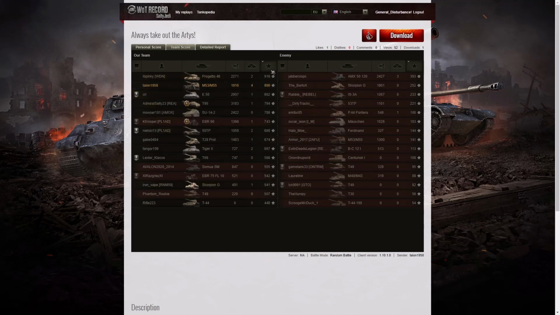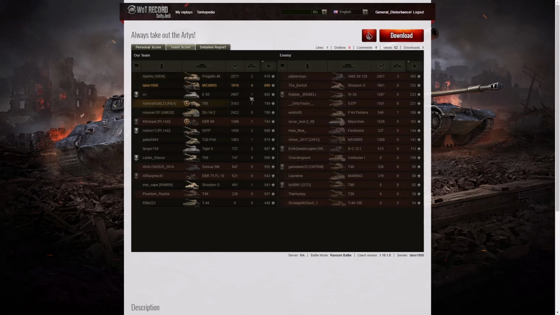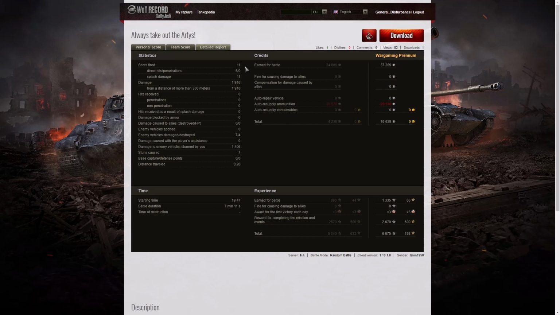When it came to base XP, it was the Progetto that did the best with 916, so he probably got a fair bit of spotting. Yep, he did get some spotting, not a lot though. 890 went to Talon and 802 went to the E50. He fired 11 shots in this game, got 5 direct hits, no penetration but 11 splash, damage of 1,916 hit points, all of it at more than 300 meters, damaged 7 of the enemy and killed 4 and did 1,406 hit points of stun assist off 7 stuns. He earned 16,639 credits from this game,